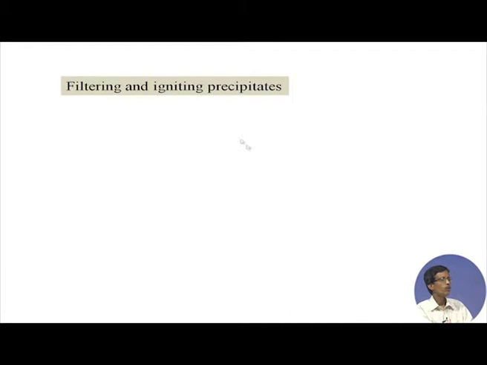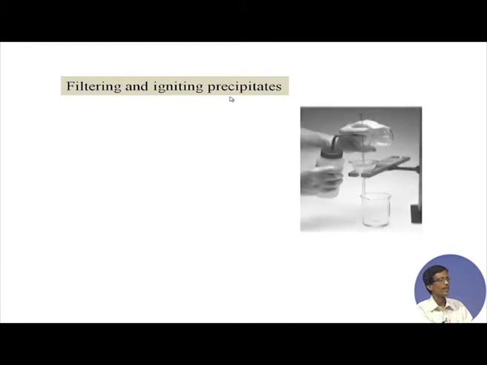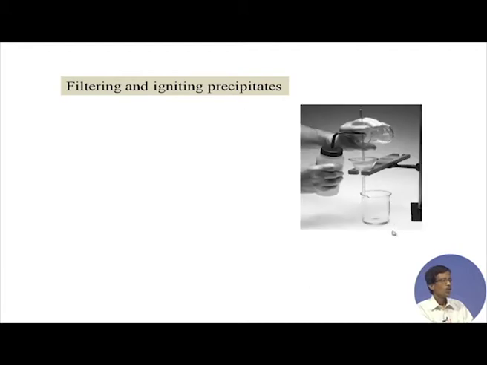So, when we go for this filtering and ignition of the precipitate, what we just now saw, that filtration we can do, and you have to burn or ignite that particular precipitate to give you the corresponding Fe2O3 from ferric hydroxide, hydrated ferric hydroxide. So, in this particular beaker, what you do, you just go for the corresponding reagent. In this beaker you have Fe3+, and this Fe3+ is precipitated as ferric hydroxide.